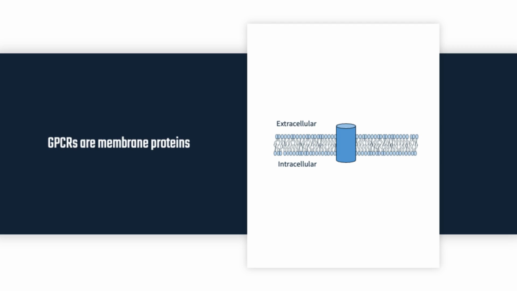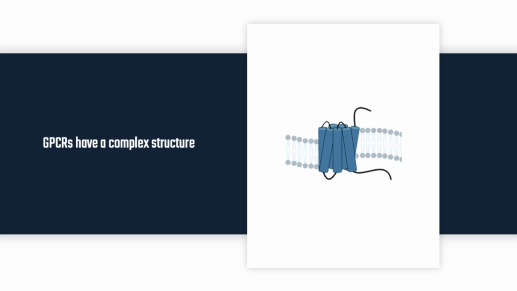So that was for the part about the membrane protein. But the second thing about GPCR is that they also have a very complex structure. They are typically structured as 7 transmembrane helices that are connected by 3 extracellular and 3 intracellular loops. And when studying their interaction, it is critical to maintain their conformational stability, which will be importantly linked to their